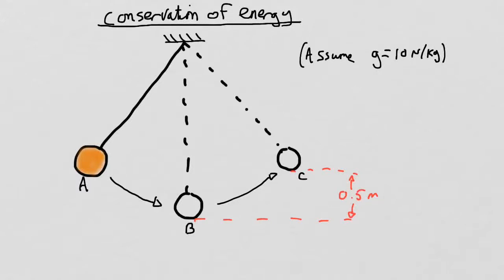Okay, so quite an important principle in physics is the principle of conservation of energy. The conservation of energy in physics says that energy cannot be created or destroyed, but it can be transferred between stores. So that's a really important thing in physics. You can't create energy, you can't just magic it out of thin air, and you can't destroy it either. You can't get rid of it. You can only transfer it. Okay?